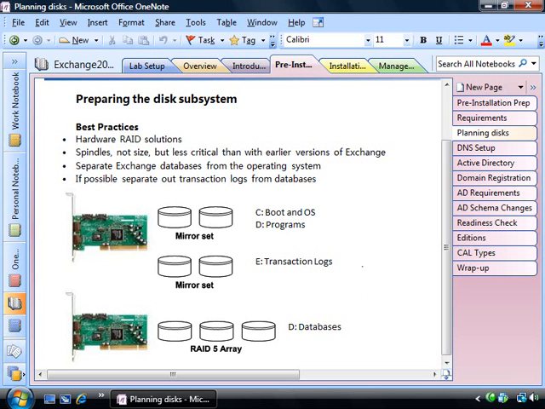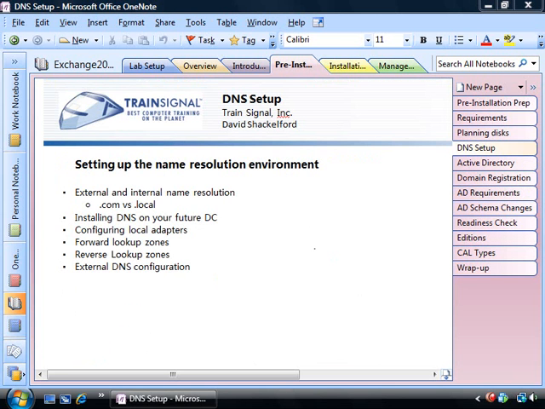All right, let's go on to DNS setup. There's two areas of name resolution that we need to look at. First is the external. We need to make sure that clients and hosts and servers out on the internet can find this server properly. So we're going to need to make sure that the DNS is properly set up on the outside or external world. We also need to make sure that internal name resolution is set up properly so that we can get a good Active Directory installed and that we can also resolve the name of the server from clients that are inside